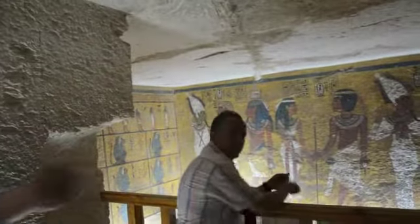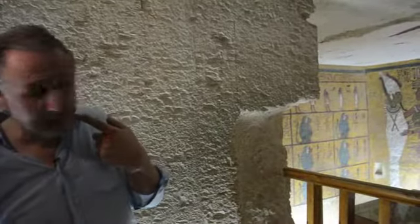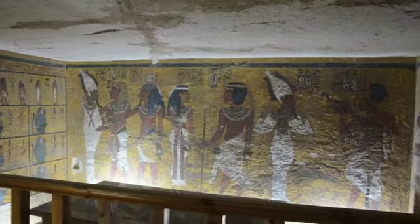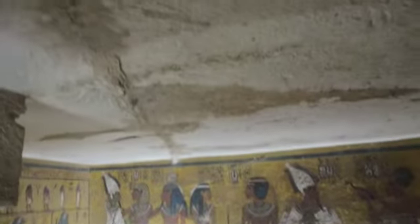The Osiris figure has got a tick at the corner of the mouth, which is a feature that is found in the later images of Nefertiti. She obviously had a very wrinkled mouth as well. Now, all of this is very interesting. It doesn't actually provide a definitive identification. But then if we look at the figure that's now labelled as I, officiating at the funeral,